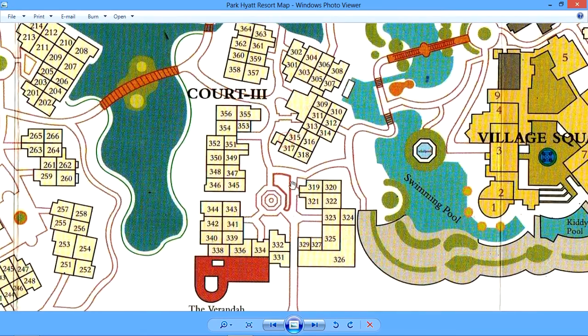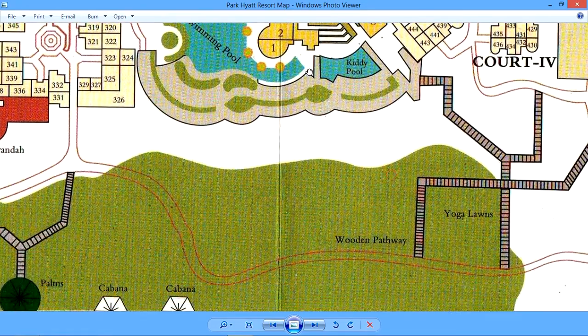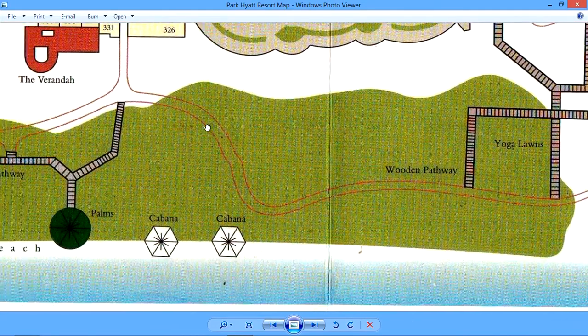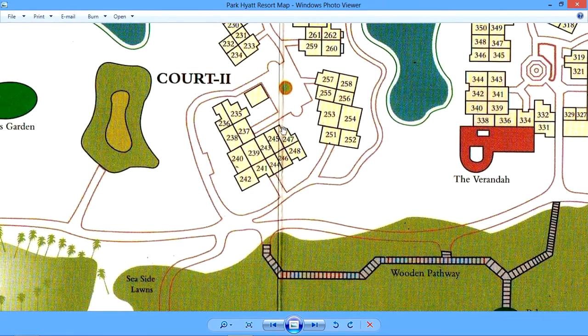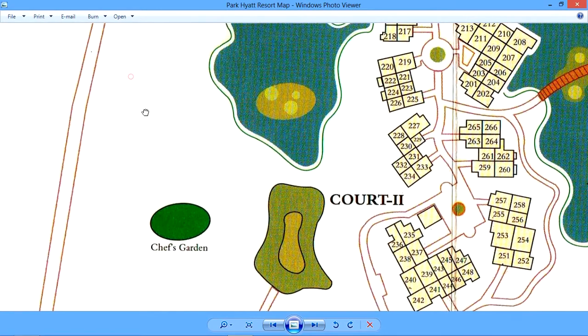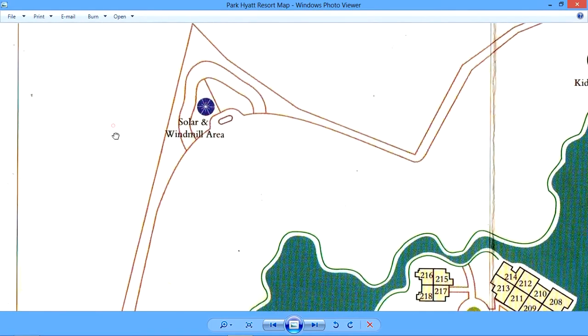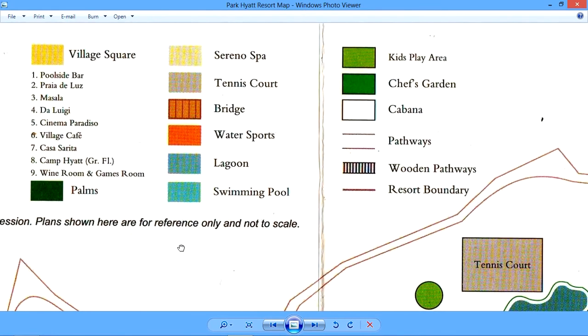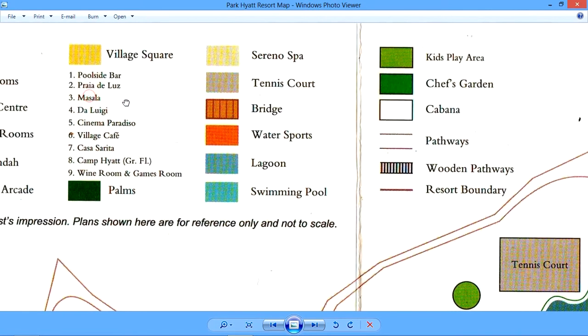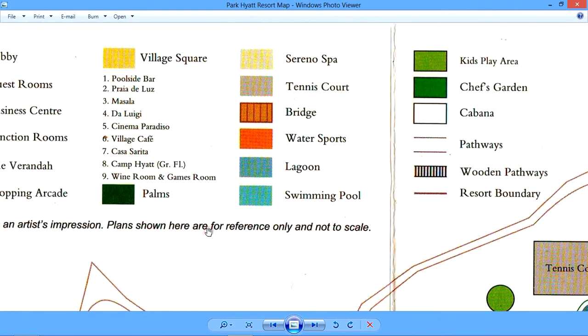So you see it is a very colorful map, and if you just remember the color legend, then you can easily locate a specific area that you're looking for, or a guest is asking to be shown directions to. So color legends must be understood, how they are used in a map. Then it also indicates where is the path, which is the wooden pathway, and where is the boundary. So if you understand this color legend, then locating places becomes easier.